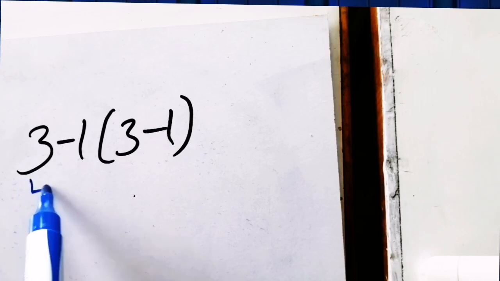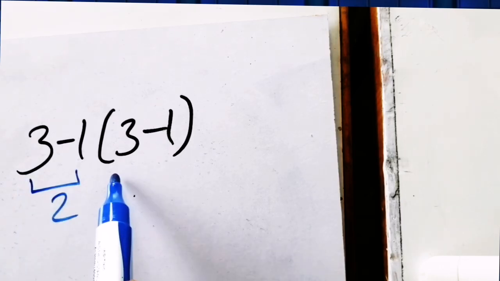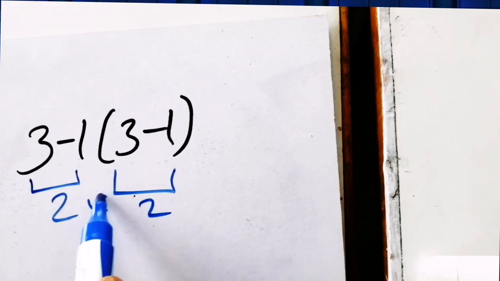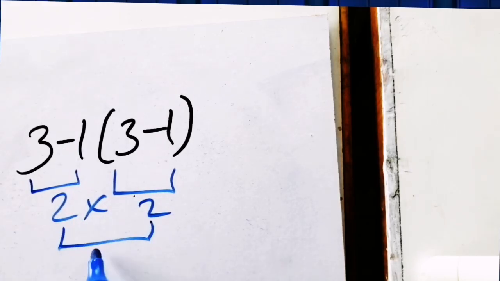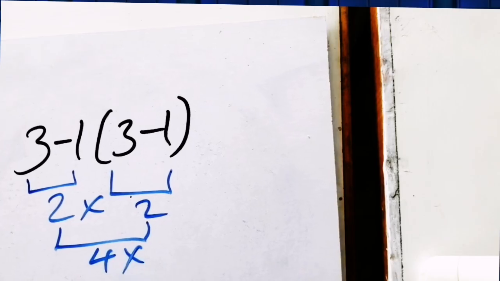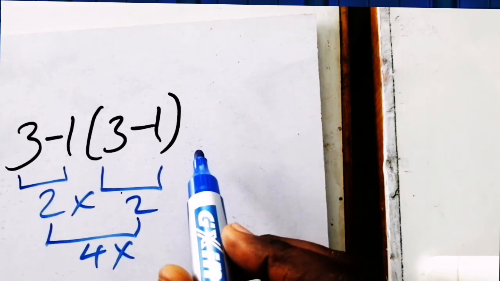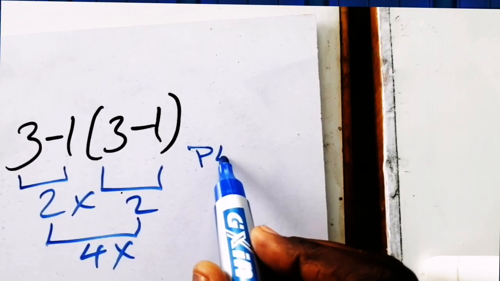3 minus 1 which equals 2, and here in the parentheses also 3 minus 1 which equals 2, okay? Then 2 times 2 which equals 4, okay? But this answer is not correct because according to the order of operation, first we have to do parentheses, then